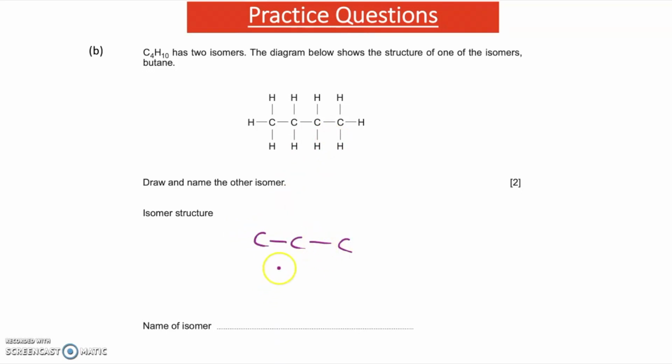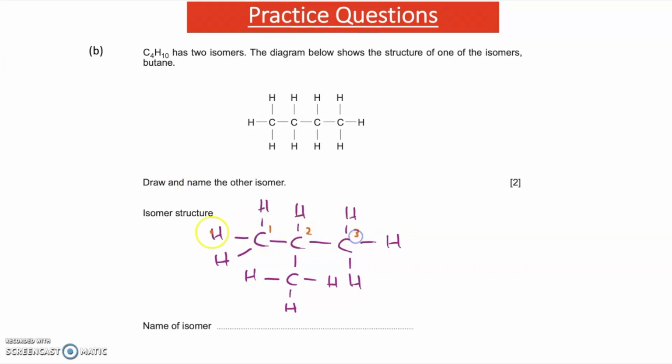So all you can do when drawing isomers is to draw chain isomers, reduce the length of the longest carbon chain. So if I draw 3 carbons in a line, I have to remember here that I have to find a space for a CH3 group because this molecule has C4H10 as its molecular formula. So I'll put the CH3 group on the middle carbon,